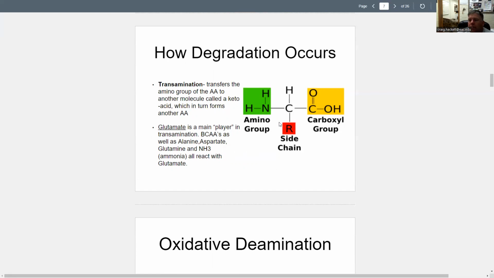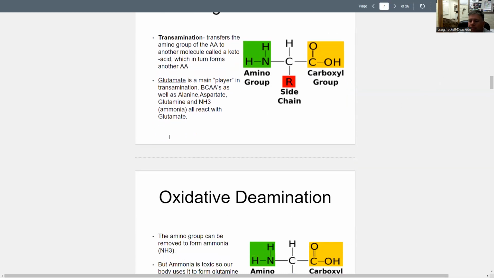I want you to be aware of this red square with the R in it. It's called the side chain. This is what is going to give that amino acid combination its unique shape. Typically, this is made up of a vitamin or a mineral, or a combination of them. So this is where that vitamin, mineral, or combination of vitamin and mineral is going to sit in this long chain. If you can imagine this being stretched out with a bunch of carbons and a bunch of amino groups and a bunch of carboxyl groups, and all twisted up and forms a shape. What causes that shape to occur is this side chain R factor over here.